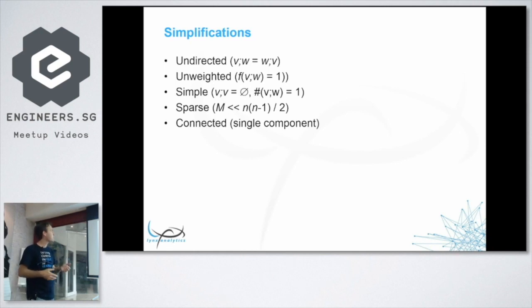Typically, we are analyzing sparse graphs, and that is going to be the real interesting problem here. A graph is sparse when the number of edges in the graph is much, much less than the potential total number of edges. And of course, when I mention the potential number of edges, I usually think about an undirected simple graph, because